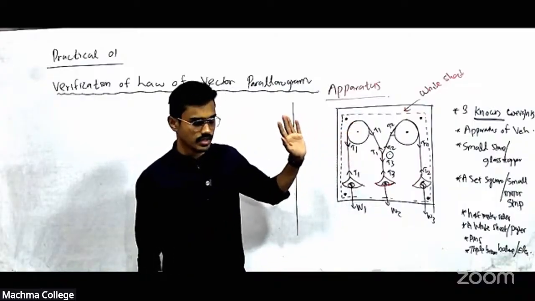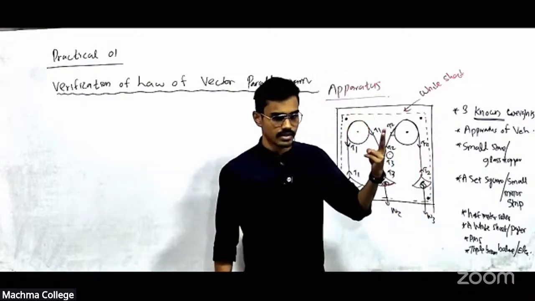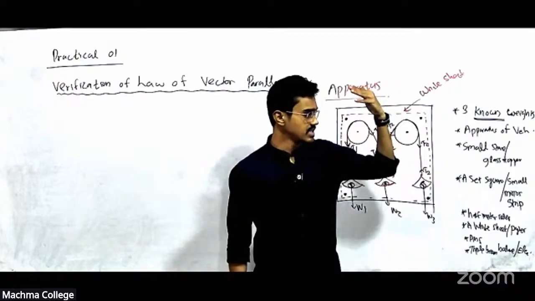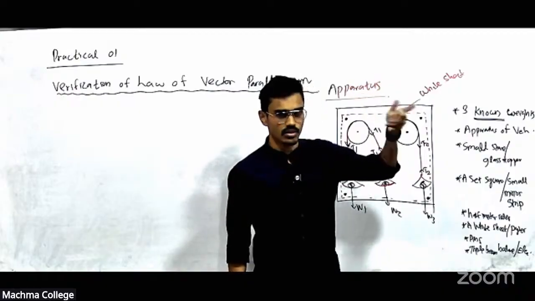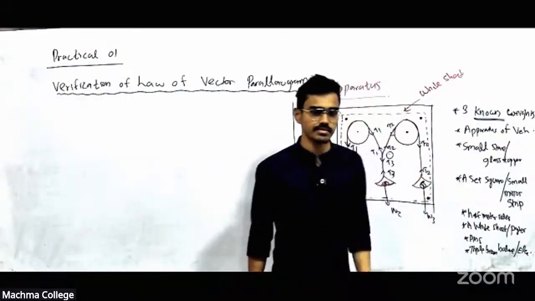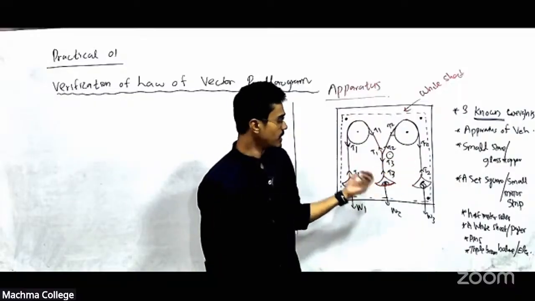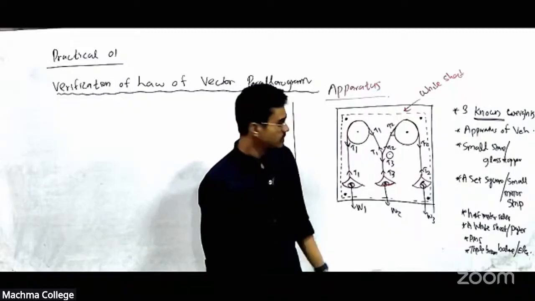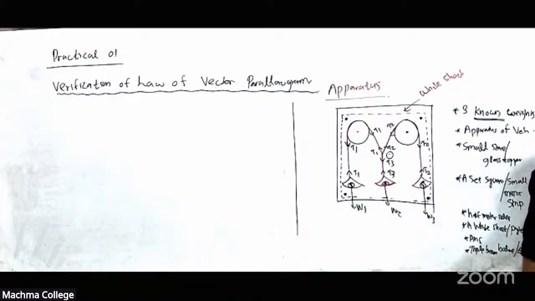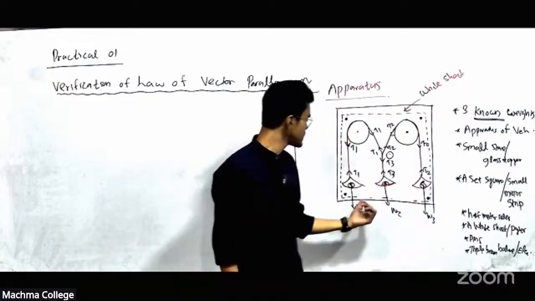Right? If there is a system in equilibrium, we know two conditions are satisfied. One is resultant force along any direction will be 0. Or resultant moment about any point of the system will also be 0. Right? Now here there are no moments, but you can check forces. What is T1 in terms of weight? Very simple. T1 equals W1. T1 equals W1, vertical equilibrium.